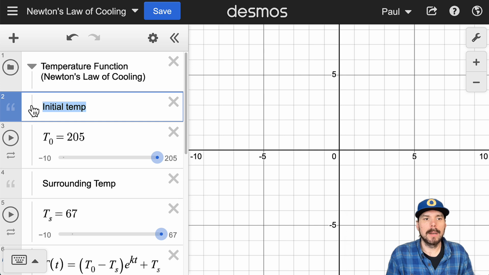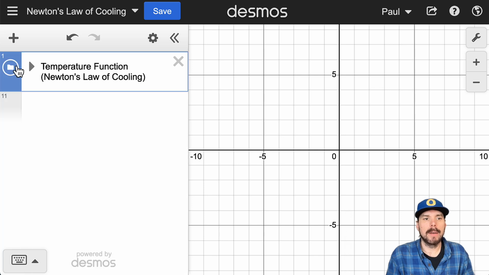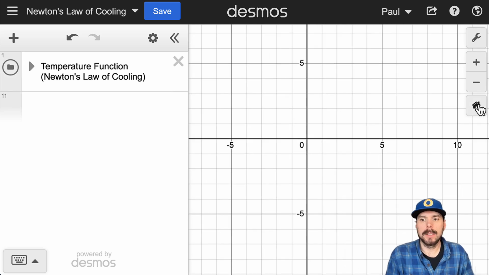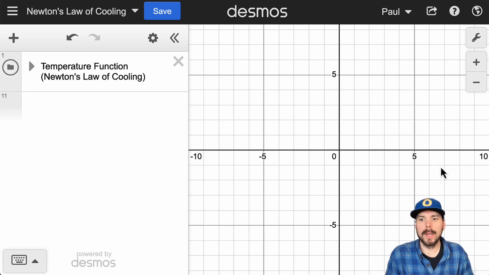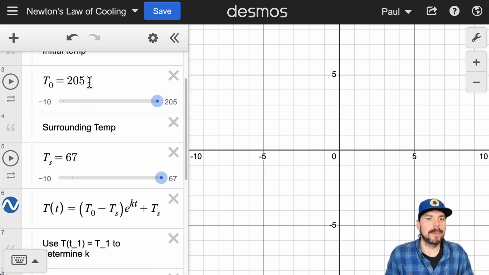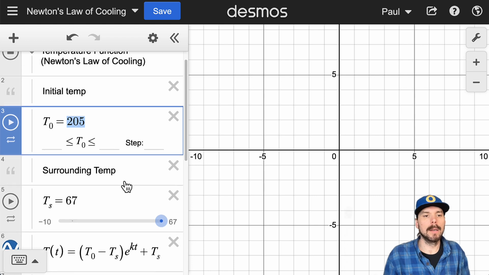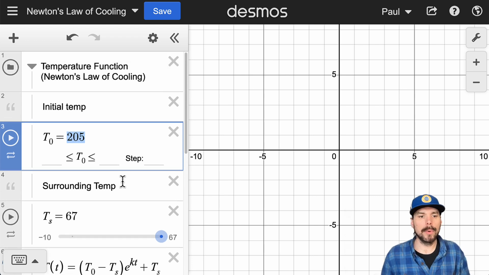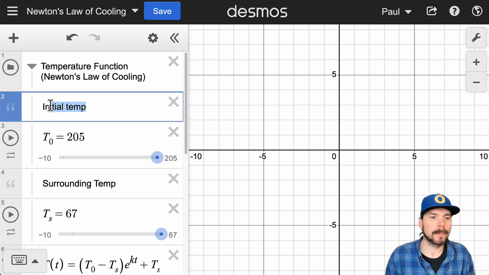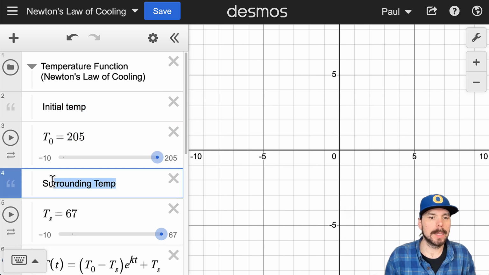So right at the beginning, I'll just let you know I've arranged everything in a folder. We don't see the graph over here yet. That's okay. We're kind of locked into this default viewpoint, which scales things equally. Now our temperature is starting at 205, so that's way up that y-axis. But first, let's just go through the function, and then I'll show you how we can visualize it better. I'm just using some text